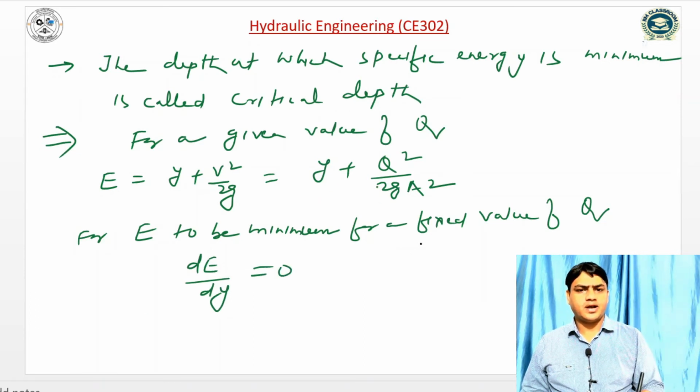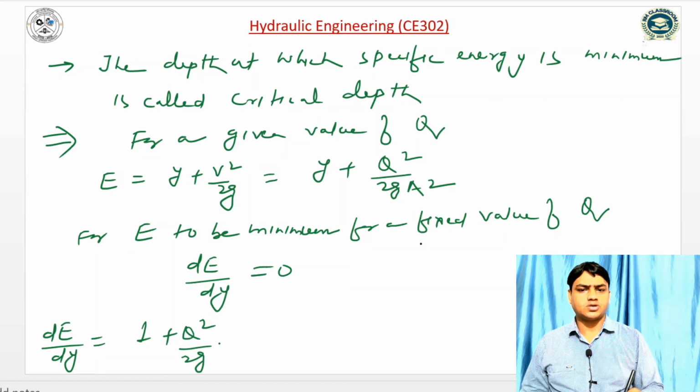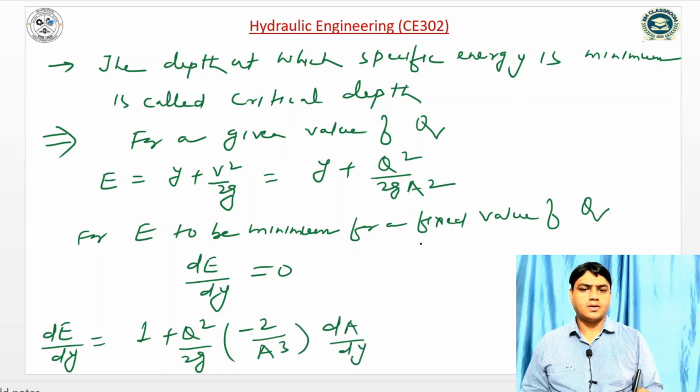So we can derive this expression: dE by dy is 1 plus, Q is fixed, g is acceleration due to gravity, also fixed, so minus 2 by A cube Q square into dA by dy,